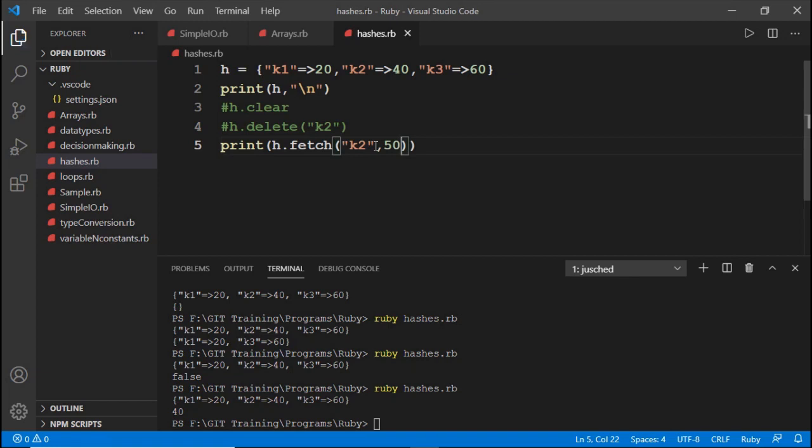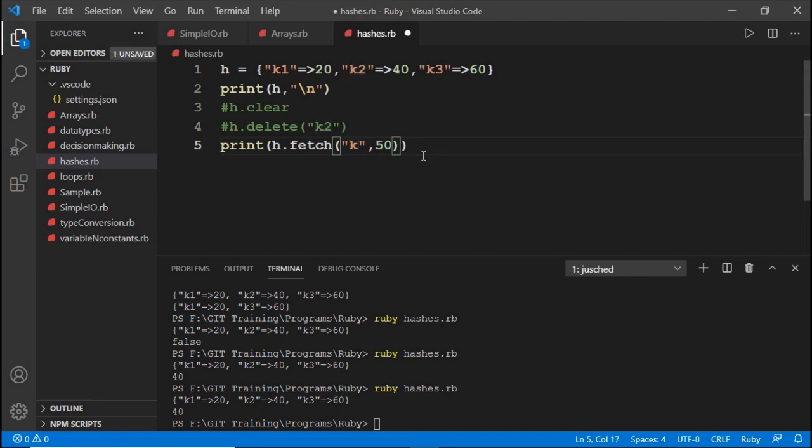Here we fetch the value for the k2 key. Let's see what result it returns. It is 40 only, because k2 exists in our hash. If it did not exist, then it would return the second parameter value, that is 50.